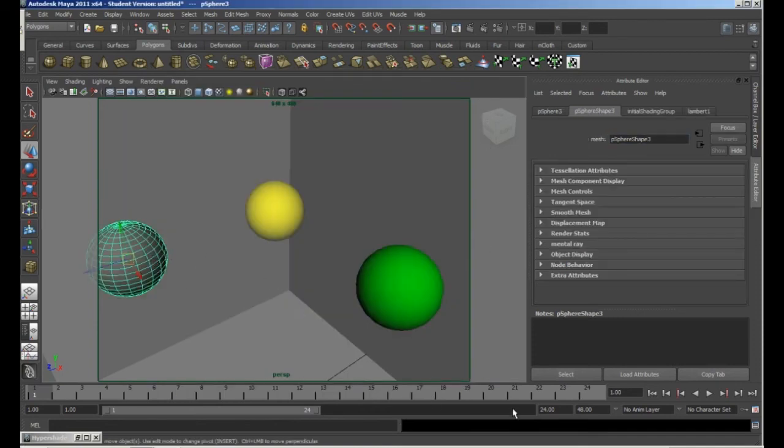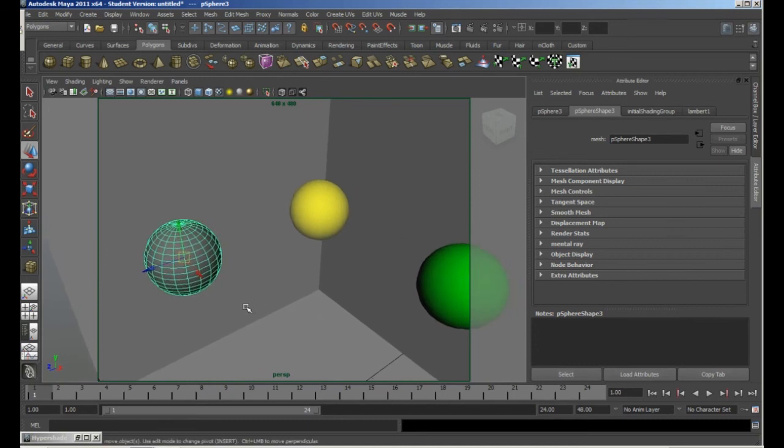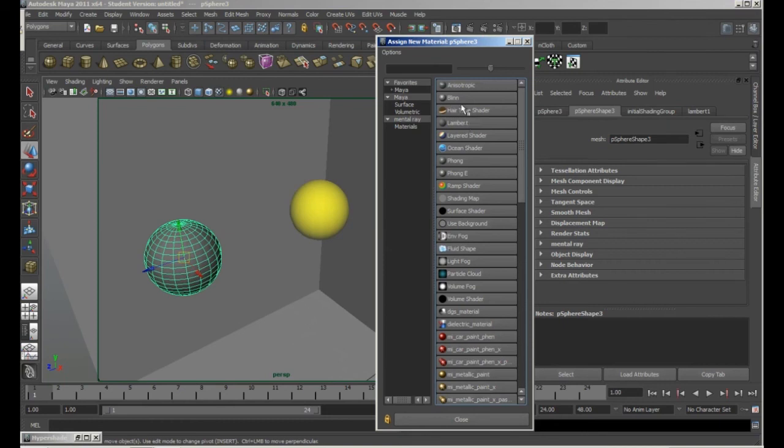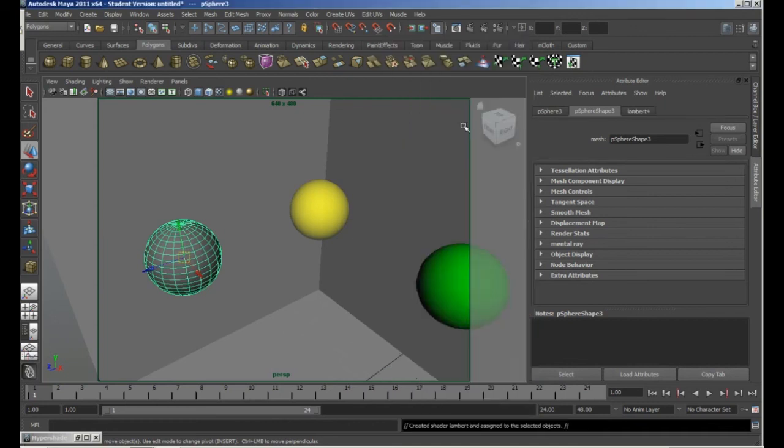The next thing that people ask is, can I use my own textures, images that I've got or I've made in Photoshop? Well, yes, that's how the more advanced engineers start to apply textures. They actually use Photoshop and generate custom textures for each model that they do. But for a basic start, we can just assign a new material again, and this time once I've applied my material, let's go Lambert,